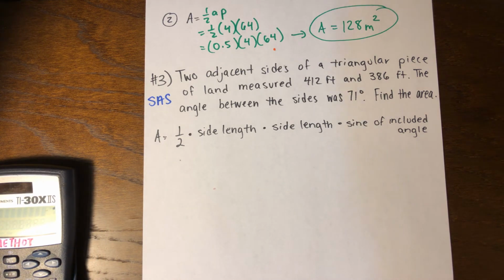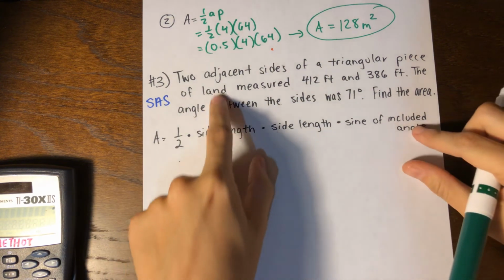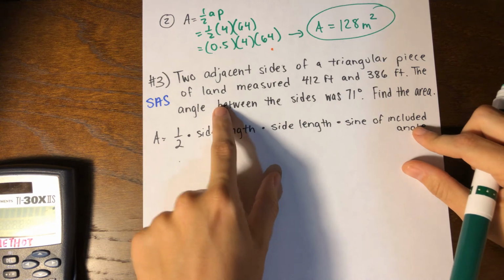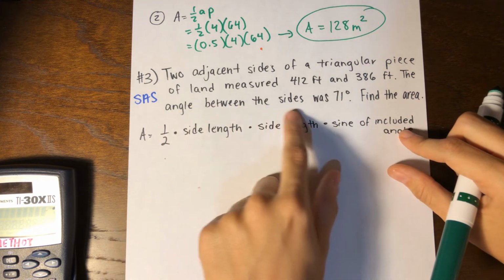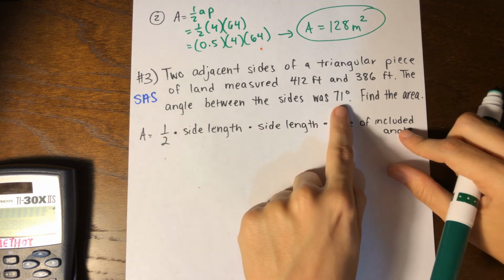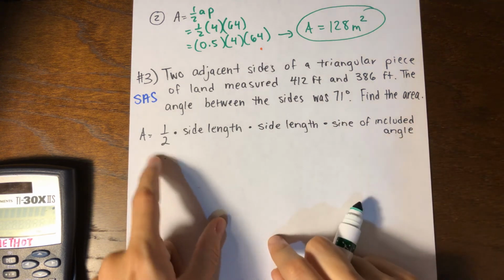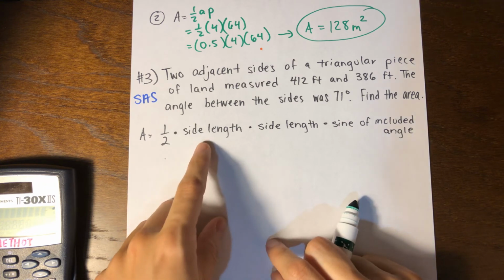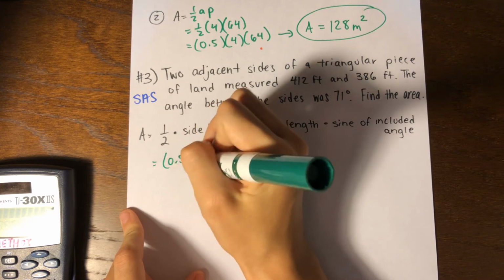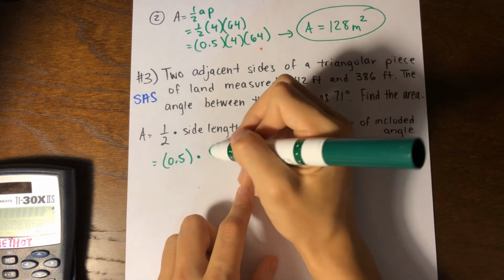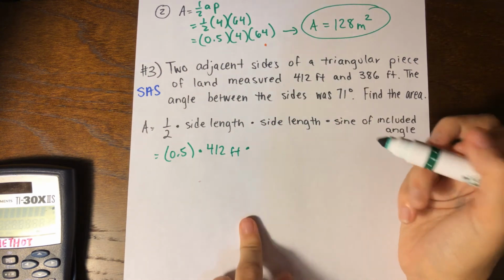So for number 3, we're dealing with something that's called side angle side, or SAS. We have 2 adjacent sides that form a triangular piece of land. One side measures 412 feet, the other one is 386 feet. The angle in between them is 71 degrees. We need to find the area. So we're given side angle side to find area, and this is the formula. We're going to take a half, which is 0.5, times the side length, 412 feet, times the side length, 386 feet,